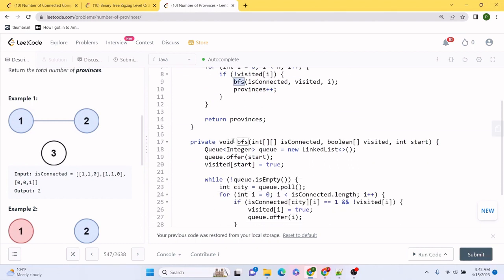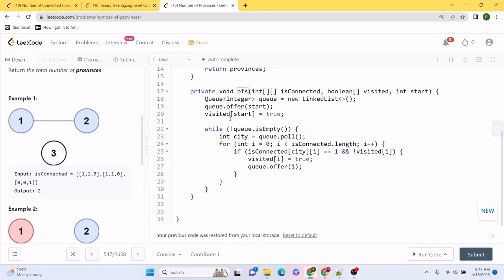Now let's see what is going to happen inside our BFS helper method. The answer is quite simple. In the BFS, we are going to initialize our queue, and we are going to have a visited array to keep track of all the nodes that we have visited so far. For any single input that we are given, we are going to keep on iterating all the neighbors of that particular node that it is currently connected to, and we are going to mark all of them visited.